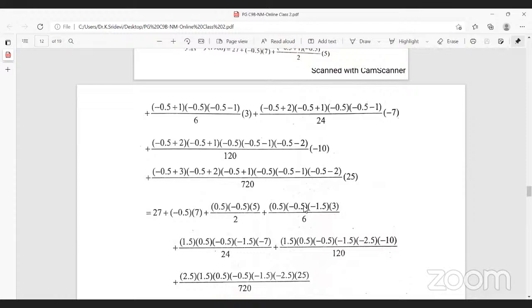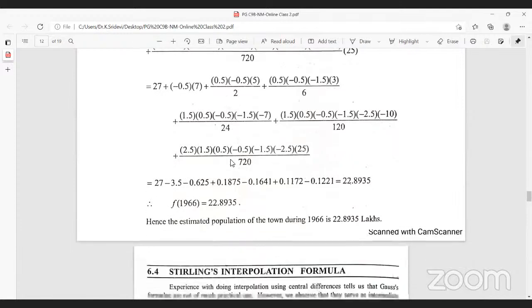This value is minus 0.5. This value is minus 1.5 into 3 by 6. Similarly, next term and next term. So we simplify all the terms, we get these values. And then finally, simplify this one, you have the functional value at 1966,